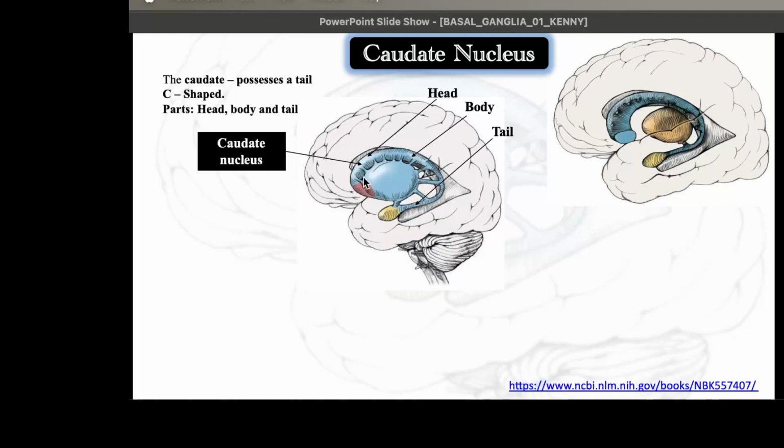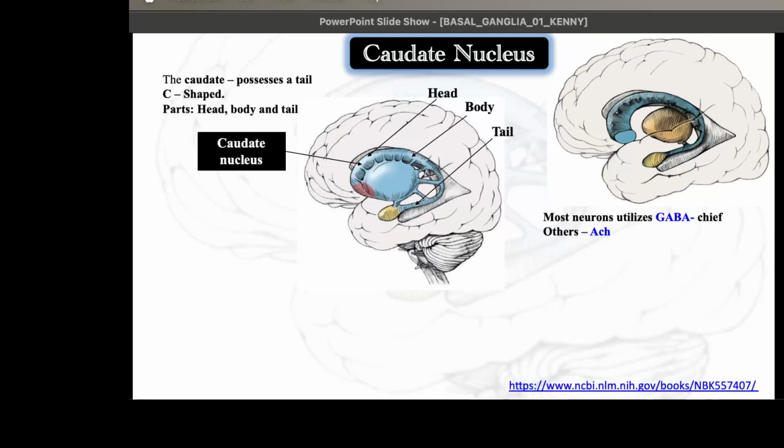So the head and body of the caudate nucleus are lateral to this part of the lateral ventricle, but the tail is a little bit medial to the inferior horn of the lateral ventricle. And so most of the fibers within the caudate nucleus utilize GABA as the chief neurotransmitter. The chief neurotransmitter in the caudate nucleus will be GABA, gamma aminobutyric